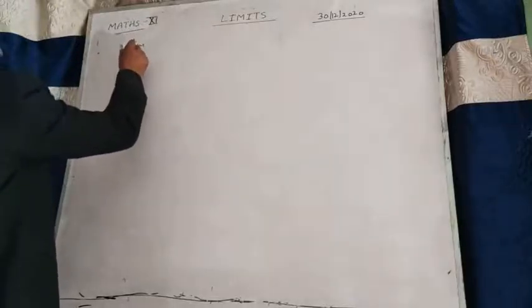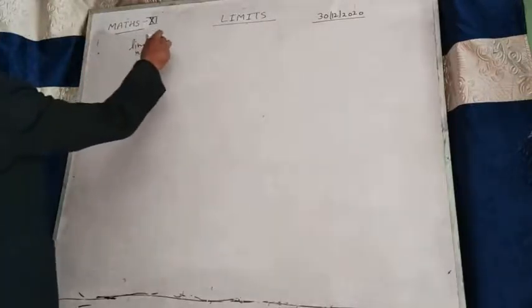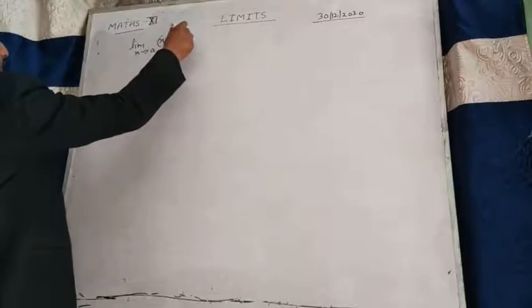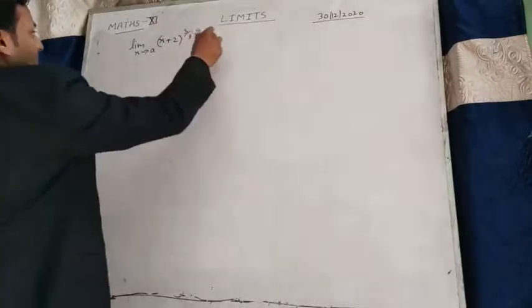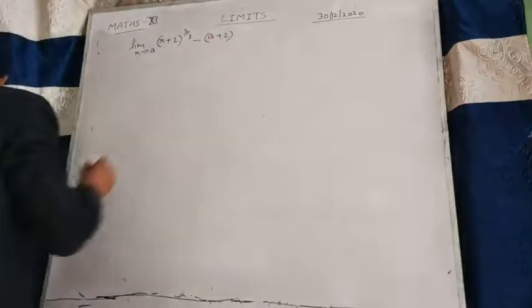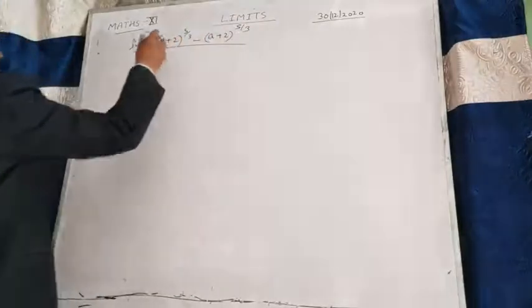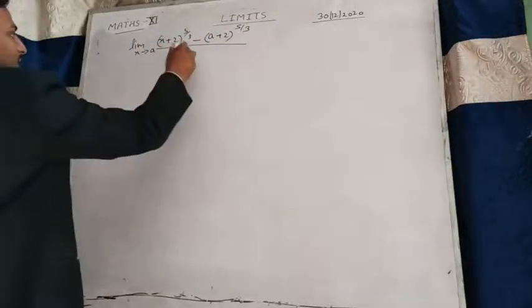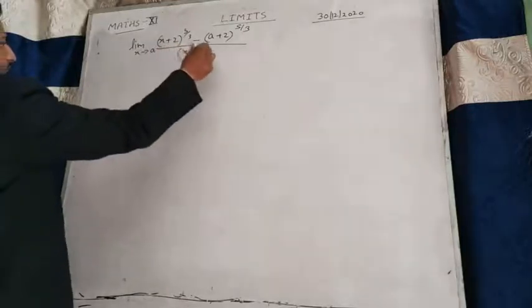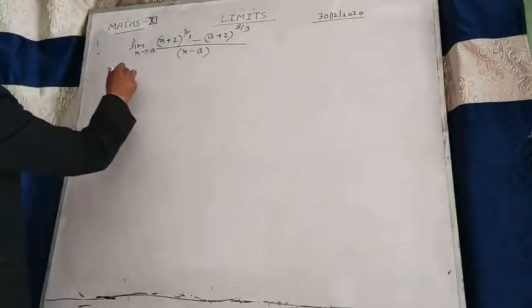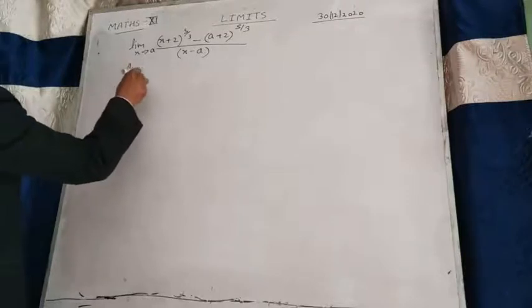limit x tends to a, (x plus 2) to the whole power 5 by 3 minus (a plus 2) to the whole power 5 by 3, divided by x minus a. Okay, students. So this is our question. So first of all, we will write